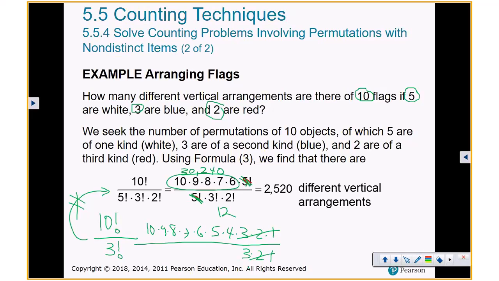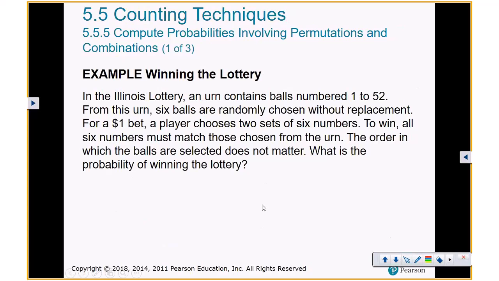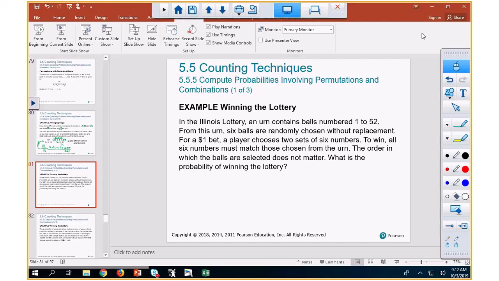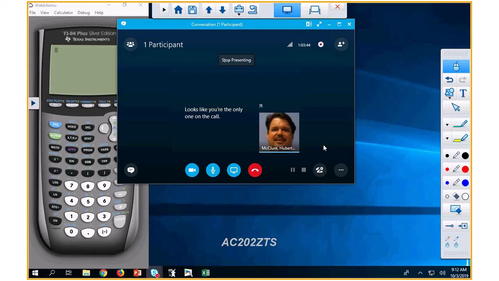So make sure you know how to do these for your homework and for the standardized test. I need to look at the time before y'all start to self-combust. Okay, let's go ahead and call it a day, because I want to wait on the lottery. Now, you should be able to start 5.5, but don't do the lottery questions yet. Everybody with me? Okay, so let me turn off the